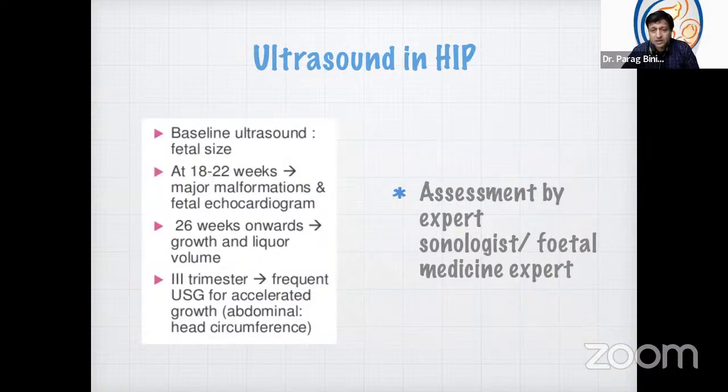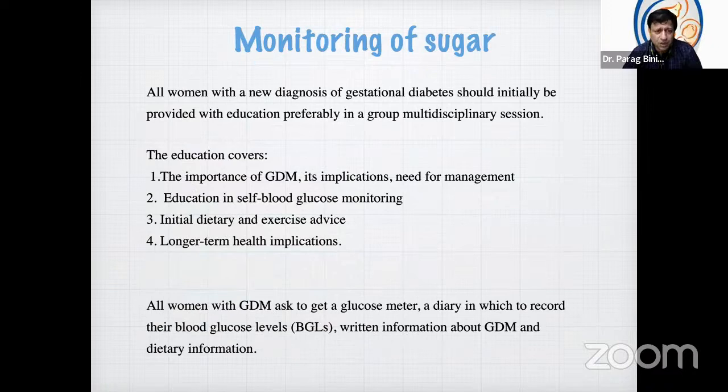Ultrasound assessment has to be done by an expert sonologist or a fetal medicine expert. Apart from baseline ultrasound, it is important to rule out any major malformations between 18 and 22 weeks, along with fetal echocardiography. And later on, in the second and third trimester, we continue monitoring these women for the growth and liquor volume. Monitoring of sugar is extremely important, and all women who are newly diagnosed as hyperglycemia in pregnancy